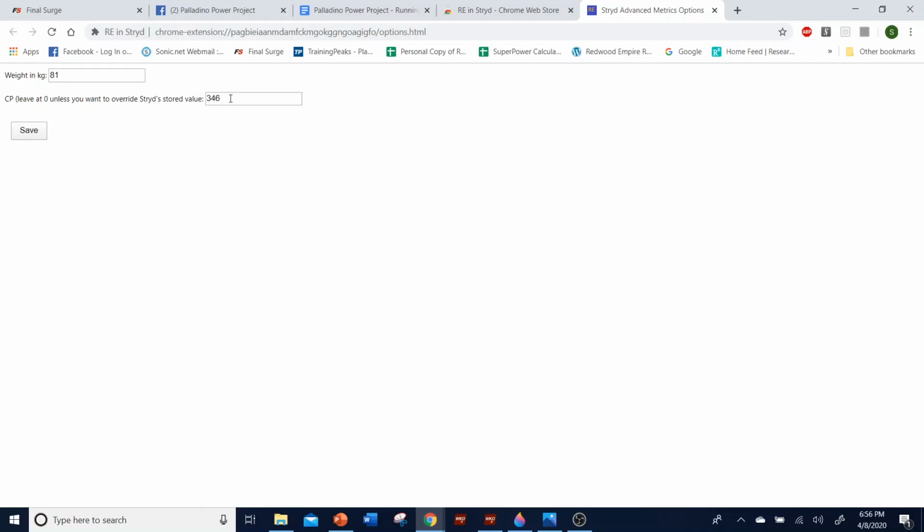And one thing that is added here: if you leave this blank, it will detect what the Stryd PowerCenter stored value is and use that as your percent of CP. I usually enter that because I'm working with a bunch of different athletes that send me their files, so I usually add their CP and stride weight. So you're going to download the extension. You're going to open options, enter your stride weight and your CP if you want to override whatever PowerCenter has stored for you. And then you will go ahead and